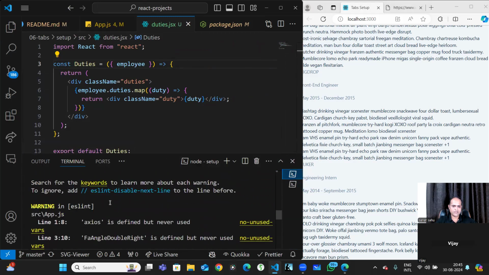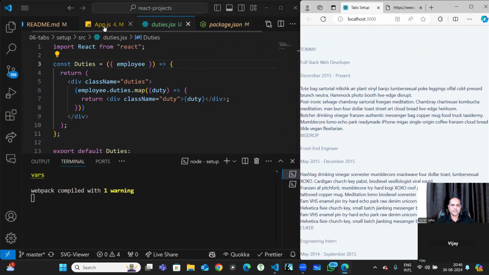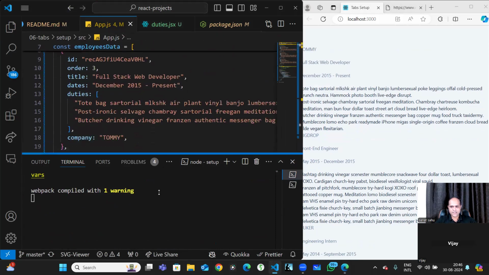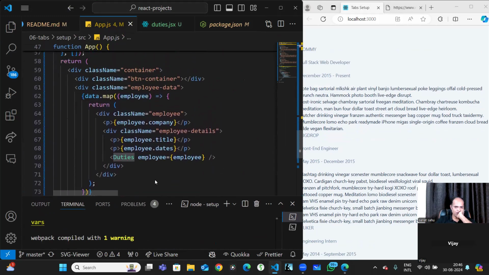Compiled. Yeah, so no problem, everything's working. Okay, now one more thing we can do. So this component I moved. Now what to do is this